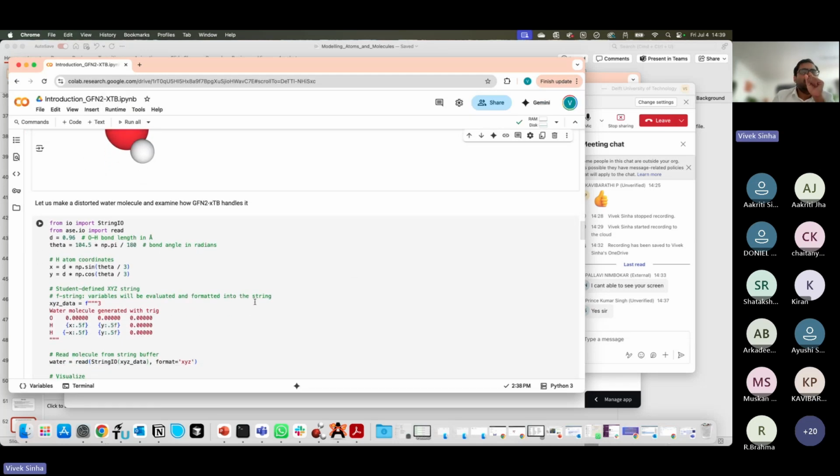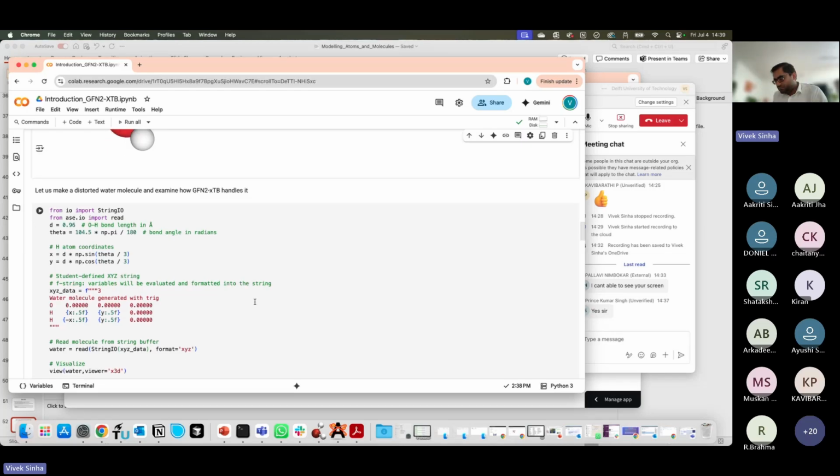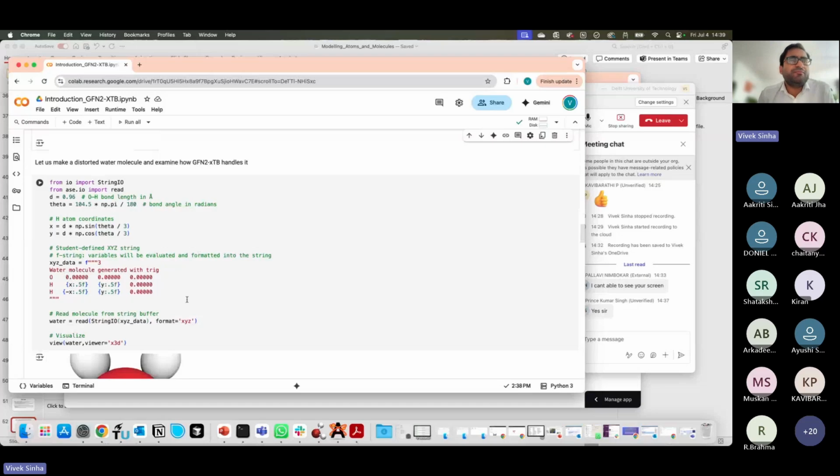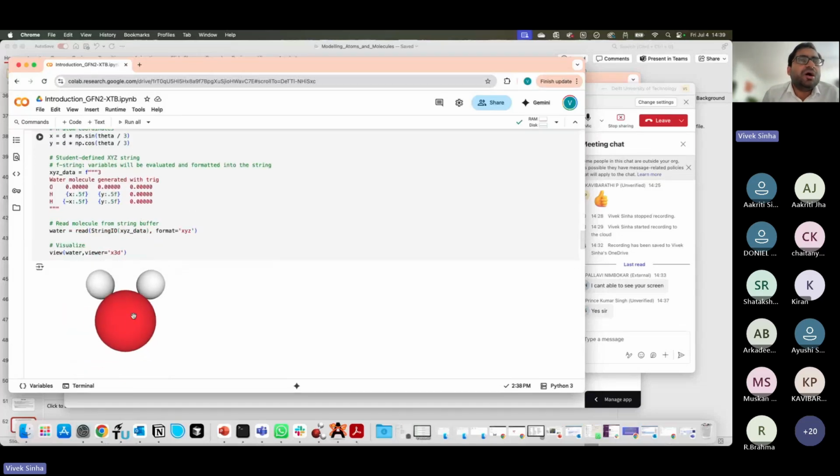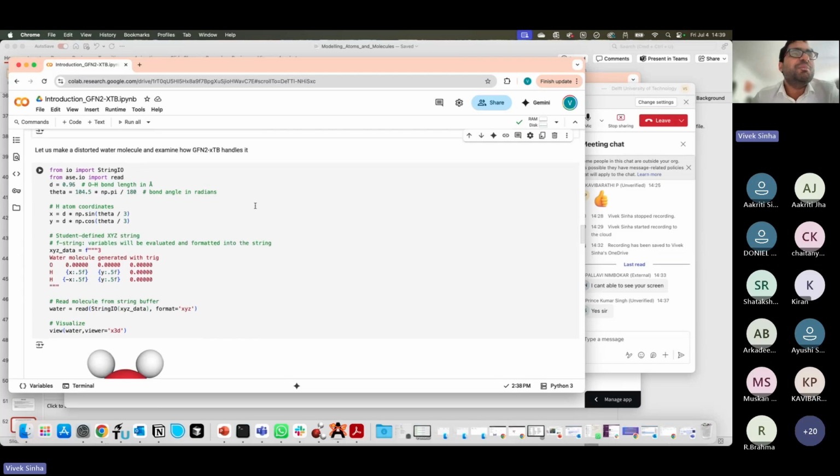Okay. So now what I'm going to do is, I gave it a good geometry because in the database there was a decent guess of the geometry. Now I'm going to give it a distorted geometry. I have already provided you a lot of theoretical background, so I don't want to muddle your head with any 3D geometry. But what I'm going to do is,